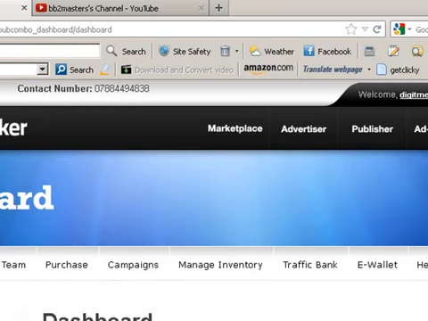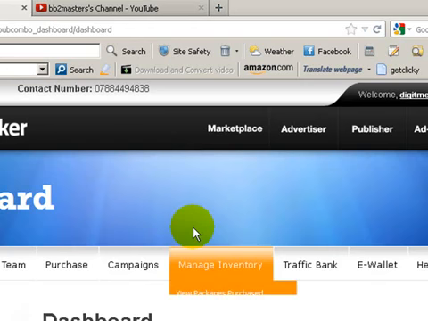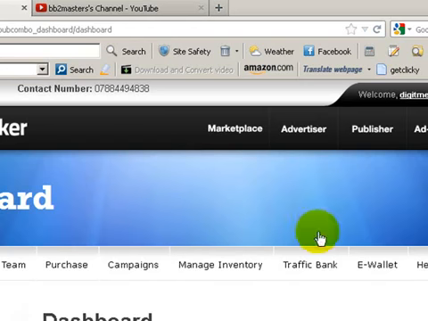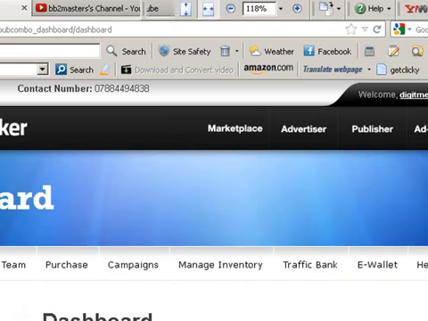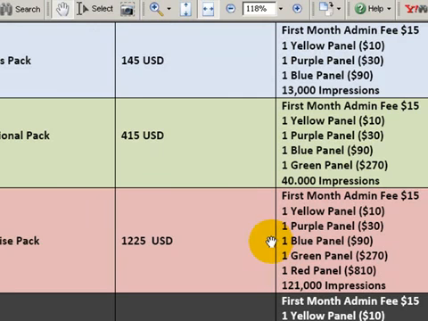Alright, guys, so if you started on the $500 level, basically you had $500 inside of your e-wallet, and then you purchased the professional pack, which costs $415, which is this one here. So you have $85 left. You've purchased this, you've paid in advance for the first month's $15 subscription, and you receive these panels,